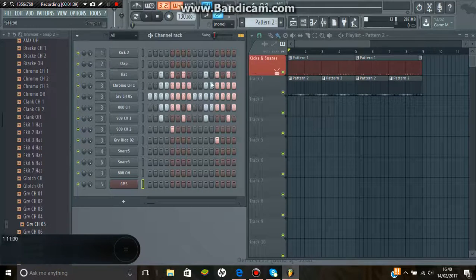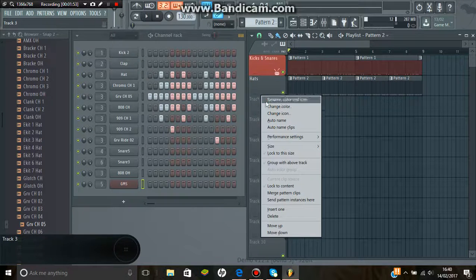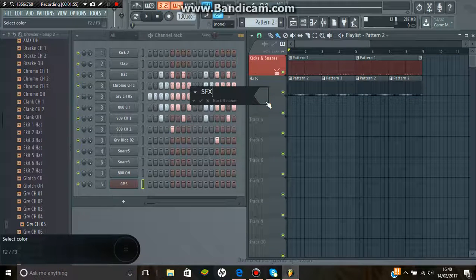So now, I'm just going to make this the hats area, and I'll do that later. This next area, just in case you're curious, is going to be for sound effects and like miscellaneous stuff, but for now we don't need any of that,